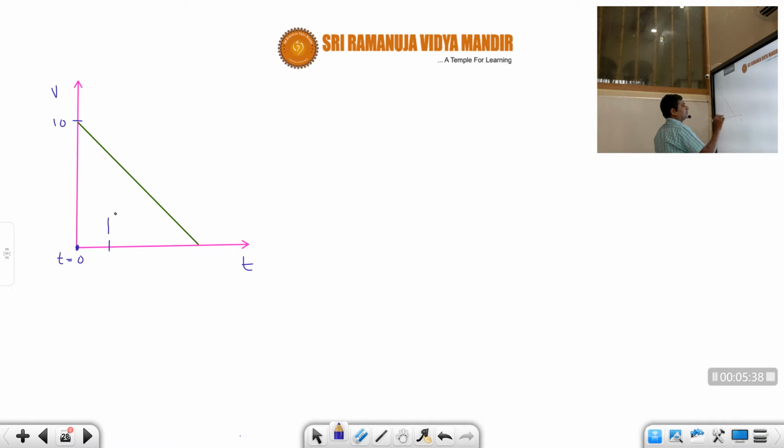At time t equal to 1 second, what is happening? The velocity is decreasing, no? Decreasing, but here velocity is positive throughout its motion. Correct or not, students? Suppose let's say 10 seconds. Throughout this, the green line is above the time axis only. So that means v is always positive, which means it is going along the right side only from the origin. I hope, students, you understood, because generally we take positive on the right side.